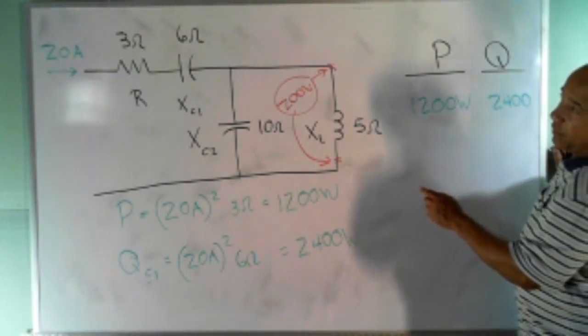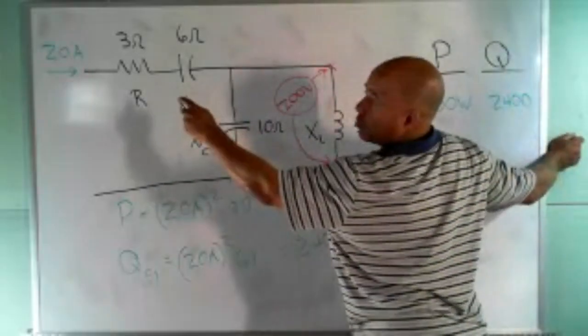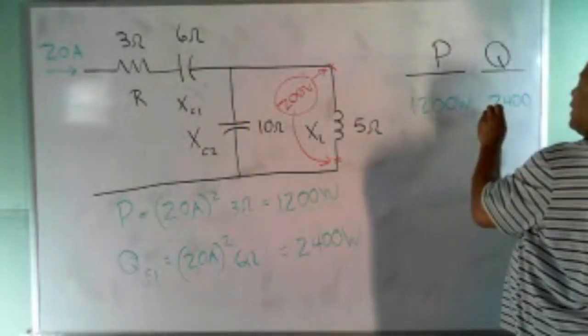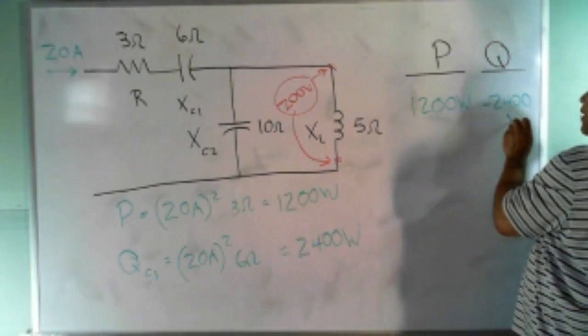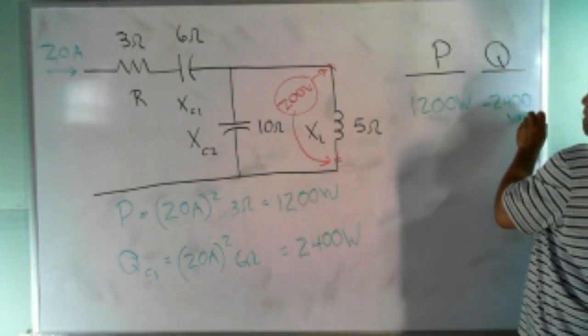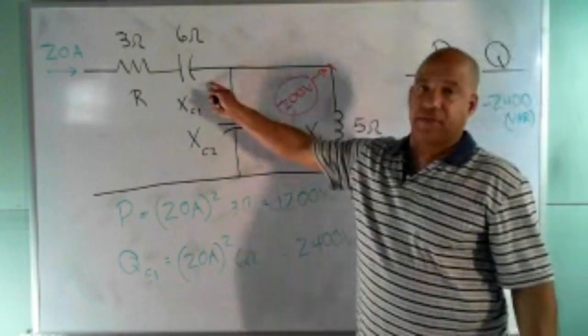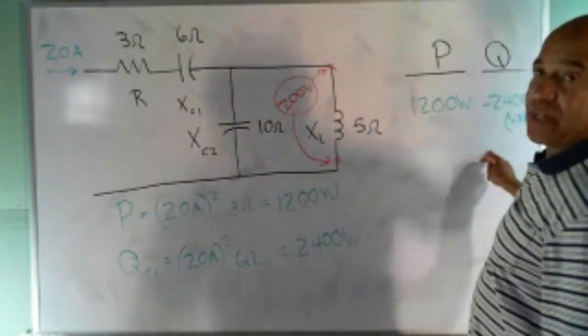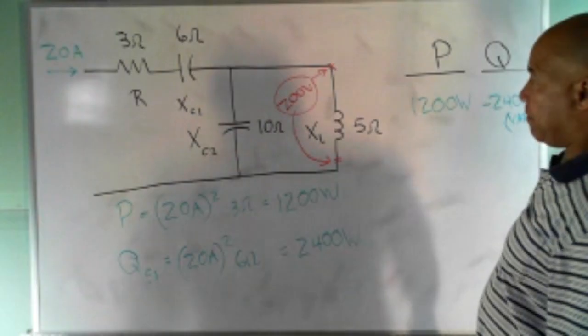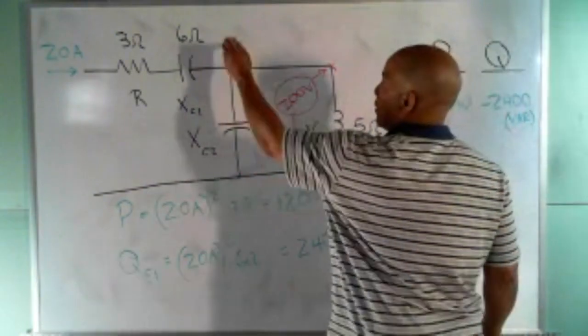But that would be a negative. This is what Dominique was pointing out right here. That would be a negative 2400 VAR because it's capacitive. Now you can see what I'm doing on the table. I can just tally everything up. Well, the power from here, we'll call it